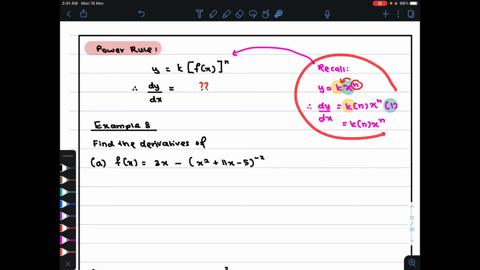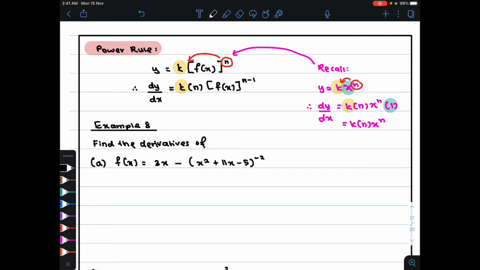So we will apply this concept to this equation. If we differentiate the right hand side, constant k stays the same. Bring power to the front. This is f(x) to the power of n, so just copy down f(x). But now what happens to the power? It minus with 1. And the extra step is to differentiate the one with the power. So if you differentiate f(x), you will get f'(x). So we will need to times everything with f'(x). And that is the formula of power rule.